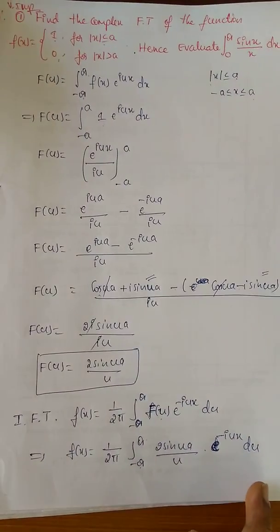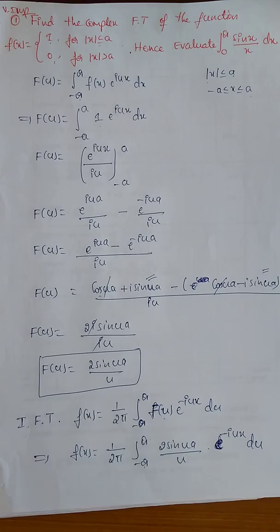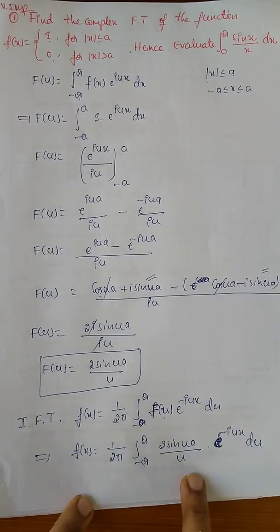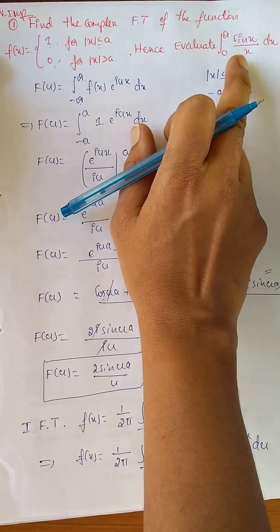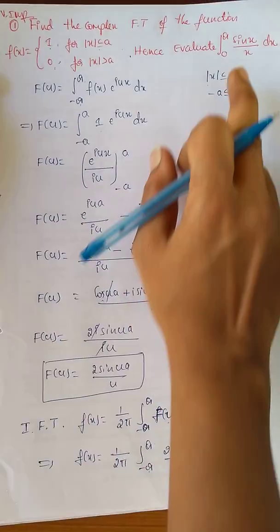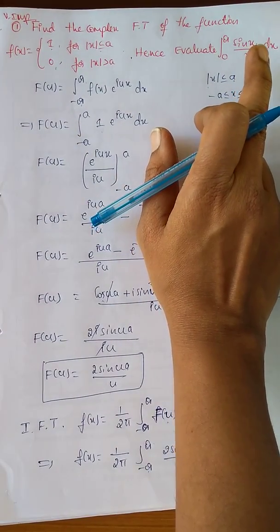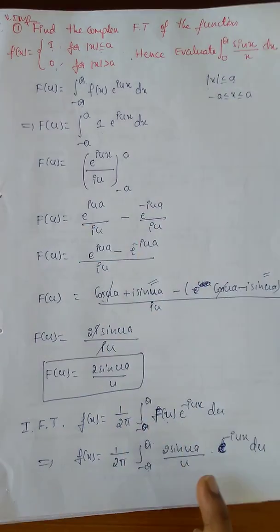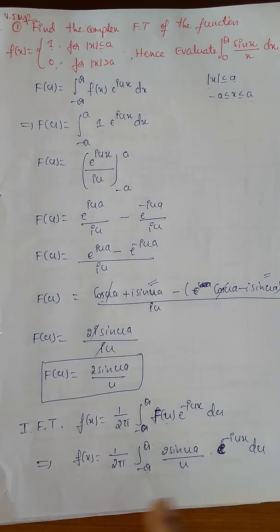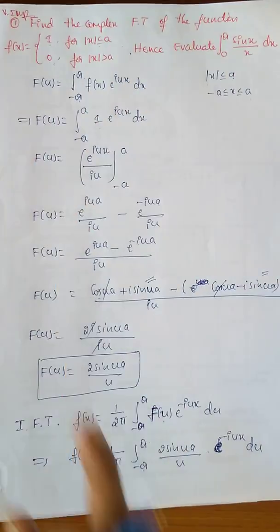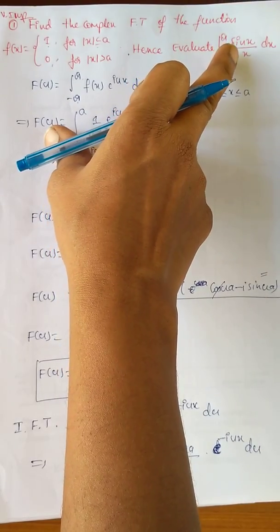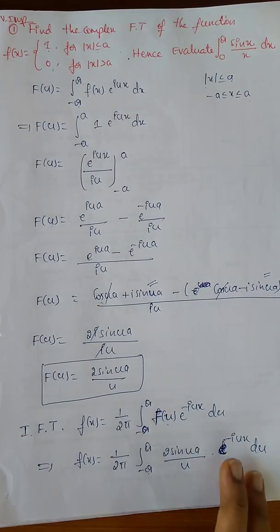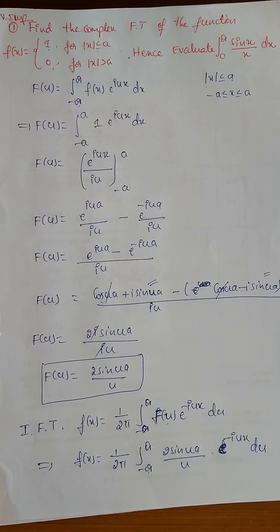This second part also is very easy, students. Actually here we are not applying any integration. After substituting F of u, whatever equation we have, just compare this equation with the problem, the evaluate part. Which term we don't want, just remove the term, and whichever variable is there in the equation, we have to reduce the inverse problem variable to the given question variable. Just replace u by x and remove the exponential term, we will get the final evaluate part.